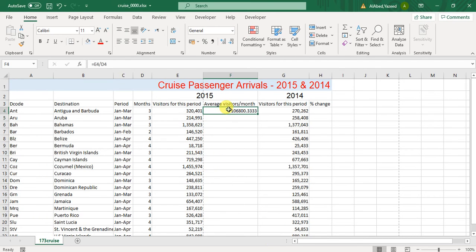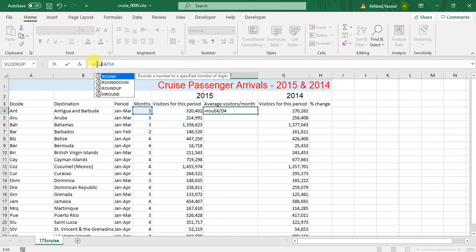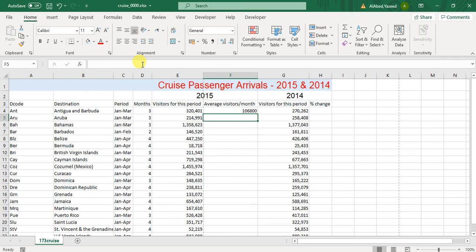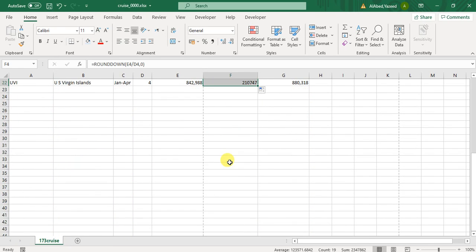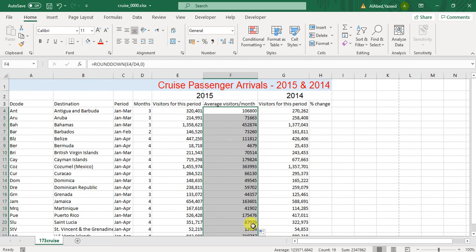Round down. Now what will I do? I will just write round down, and as you know, after the number, which is the value of the division, put comma and number of digits because we are talking about nearest integer, so it is 0 decimal place. That's all. Now this is my total number of average. Just replicate and it will work in a good way. After this,